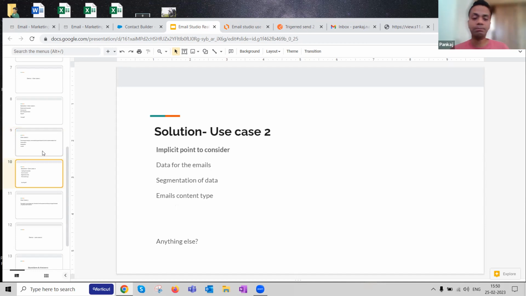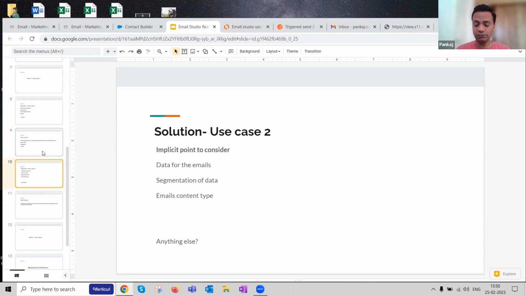What are the different points that you need to be cognizant of while you are solutioning this use case? One important point to solution this use case is what is the data that is used for this email. I spoke about demographics data. I spoke about personal data. There are interest related data. There are psychological. There are multiple categories of data that is collected or harvested by this company and Amazon and these kind of companies of the world, right?